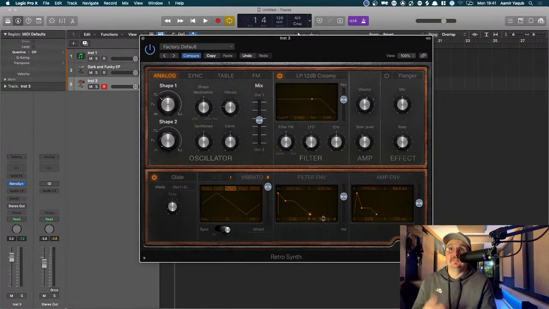So in this case, my filter is controlled by my filter envelope. So that means I will be able to control how quickly the filter takes effect. So at the moment, actually I'll reset this, that was my old synth sound, right? So what I can do here is the more I push into this,